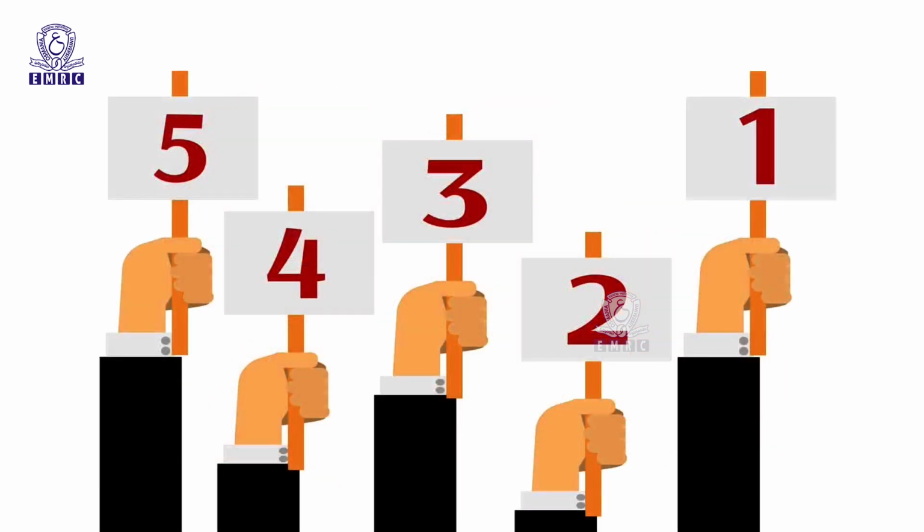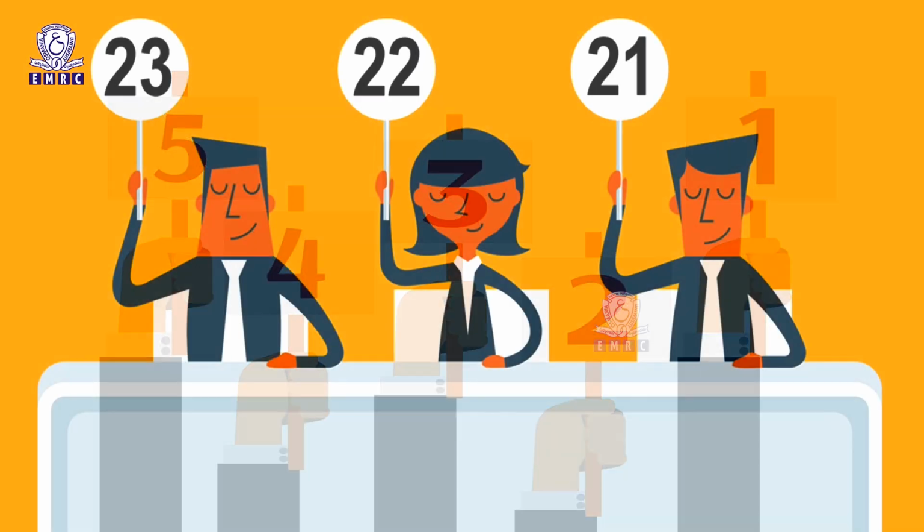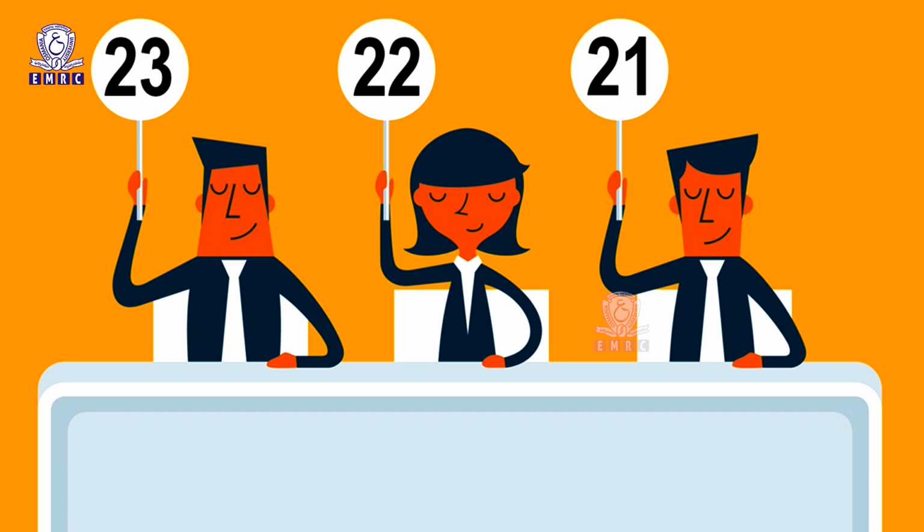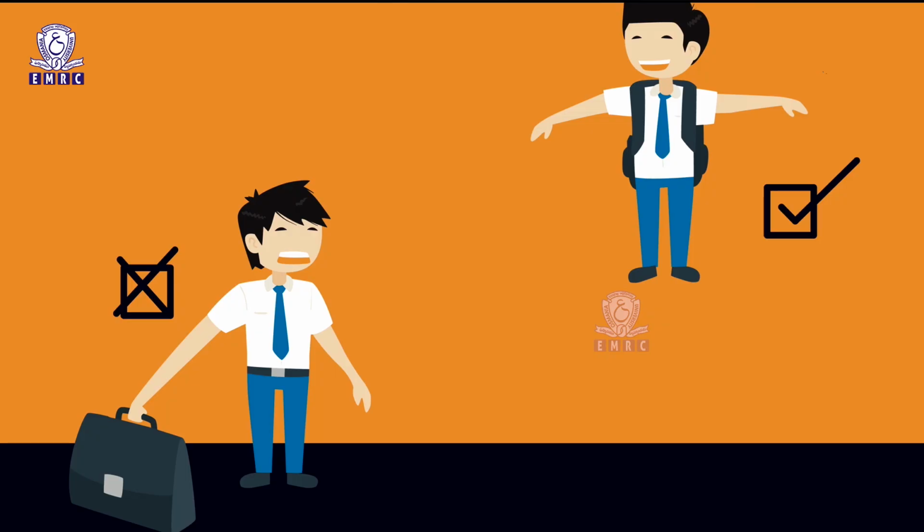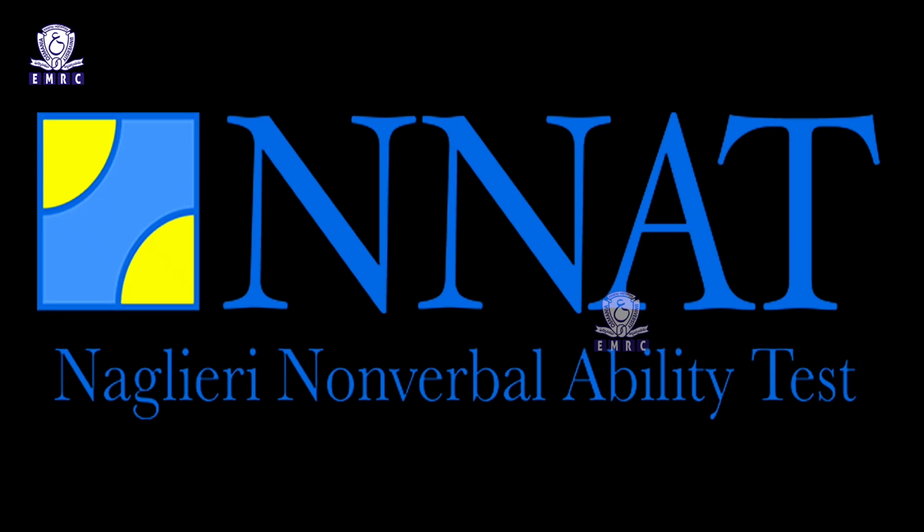The NNAT was found by one study to show excessive score variability, with within-grade standard deviations reaching as high as 20 points. This has the effect of both overrepresenting and underrepresenting index scores. That is, more students received very high or very low scores than expected. Lohman et al. found that 3.4 times as many students scored in the 130-plus range on the NNAT as expected. So, this concludes the NNAT test.